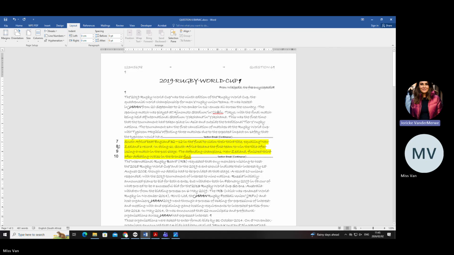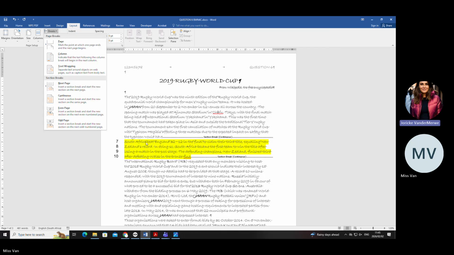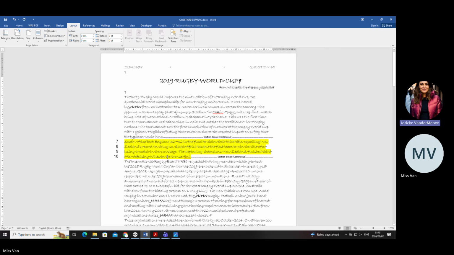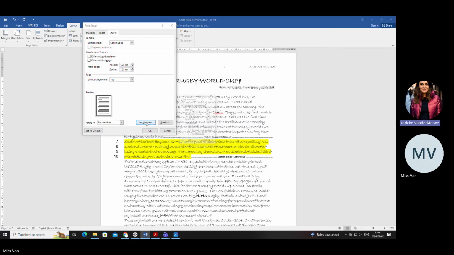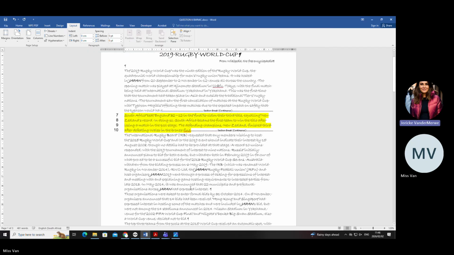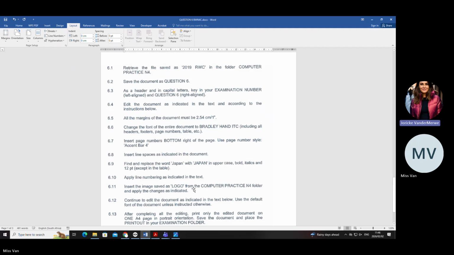Okay, darling, so for line numbers, go see in what paragraph you need to work in. Put in your digital lines, which is called section breaks. It's found under layout, breaks. And then after that, you can put your mouse right in between those lines, go to line numbers, line number options, etc. And you can set it where it wants to be. Remember to tick that. Okay, let's go to the next one.